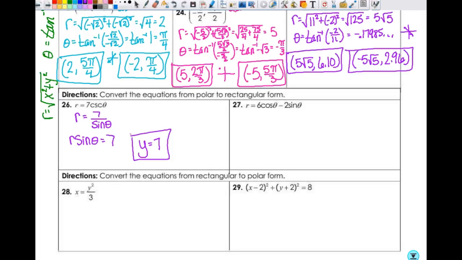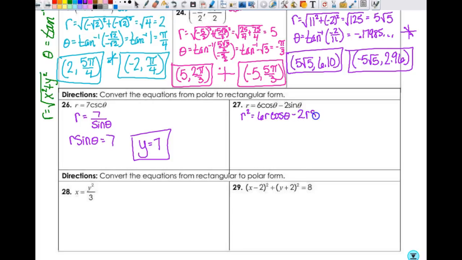All right, on 27, I need to figure out what I can do here to get it into something that I understand. I've got r equals 6 cosine theta minus 2 sine theta. So I don't have anything I can substitute yet, but r is equal to the square root of x squared plus y squared. I don't know that I want to put that in there because then I'd have to square it. But if I multiply everything through by r,